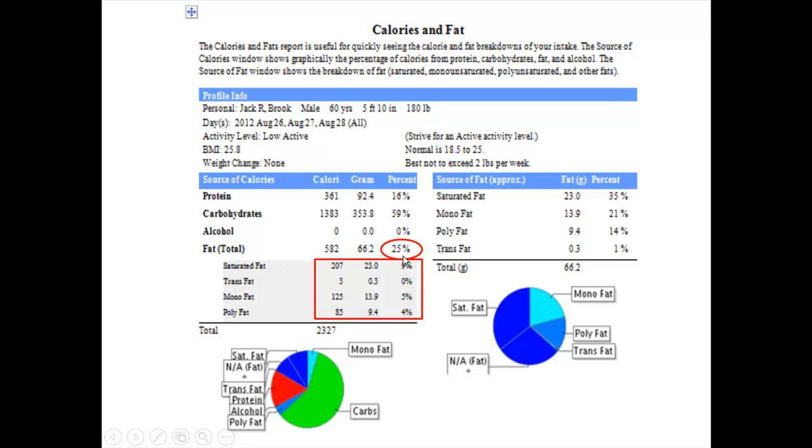But if I look at where I'm at now on my individual ones, this one's at 9%, so a little bit high. This one's only 5, and this one's 4. And then you're looking at this and you're saying, well, 9 plus 4 plus 5 does not equal 25%. Okay,